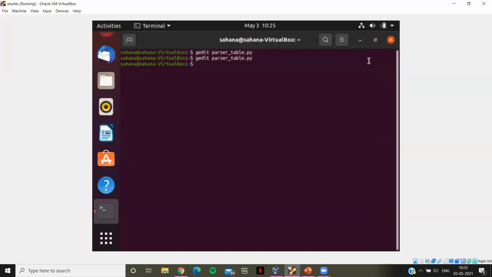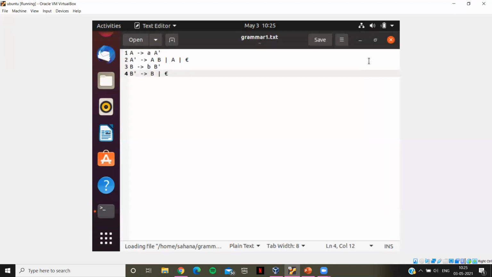So coming to the execution, we first give some grammar in a text file. So we have a grammar. So this is the grammar that we have given. So let's run the code and see.